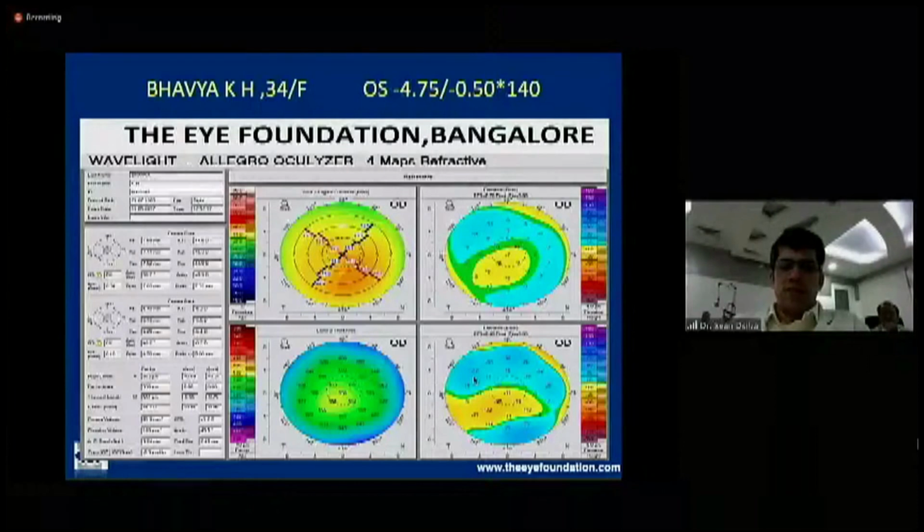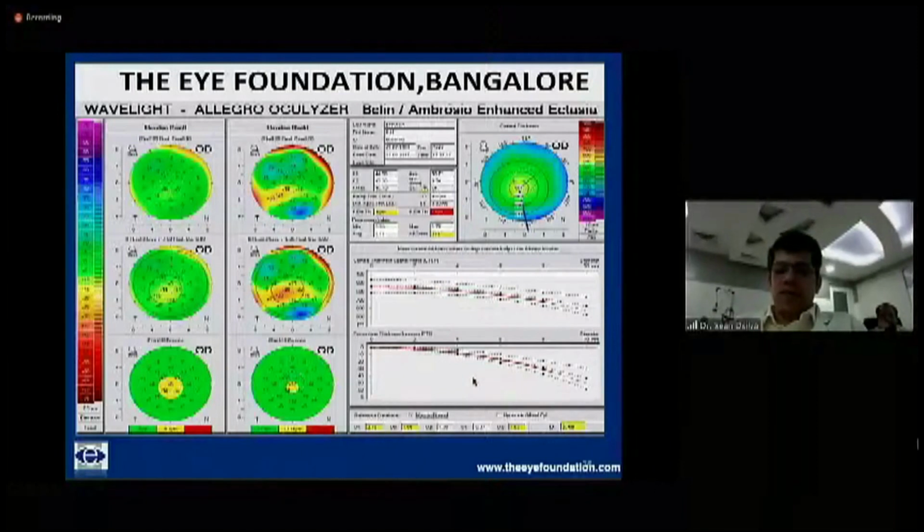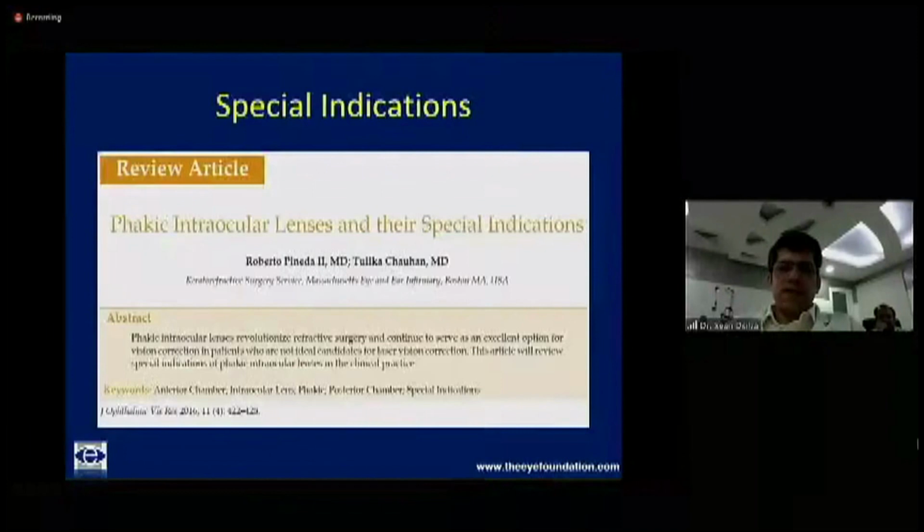There was absolutely normal corneal thickness, and the Belin-Ambrosio maps also showed perfectly normal CTSP and PTI progression with a small bump on the anterior and posterior float and a total D value of less than 2.5. However, in these cases, it would be better not to try for a PRK with a high correction and go in for an ICL.